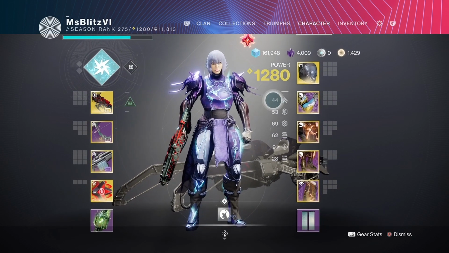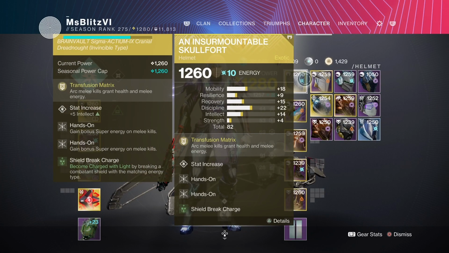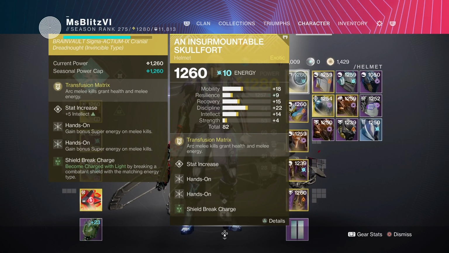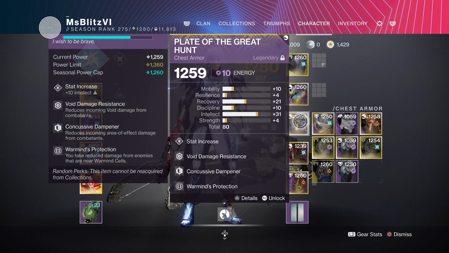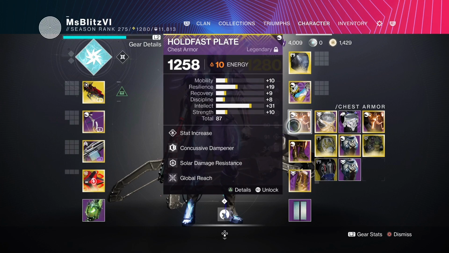For my exotic, I'll be using the Skull Fort with 5 intellect, double hands-on with shield break charge. Next, I'll be using unstoppable hand cannon, 10 intellect, pulse rifle loader with fire team medic. Next, I'll be using the 10 intellect, void damage resistance, concussive dampener with war mines protection. For my puzzle room, I'll be using the solar chest plate with 10 intellect, solar damage resistance, concussive dampener with